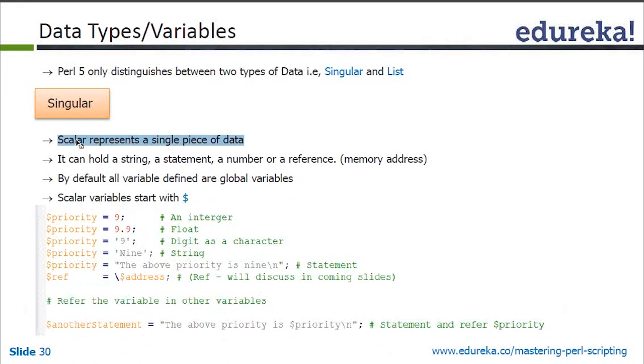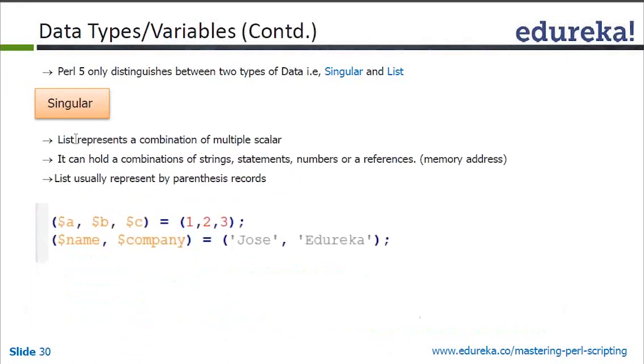So we'll go to the next slide. We'll understand what a list is. Perl 5 only distinguishes between two types of data, singular and list. We have already covered scalars. A list represents a combination of multiple scalars. It can hold a combination of strings, statements, numbers, or references, memory addresses. A list is usually represented